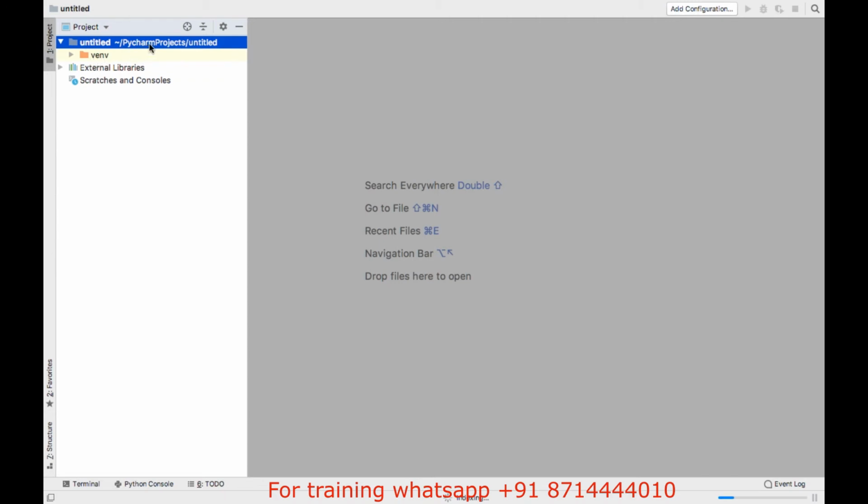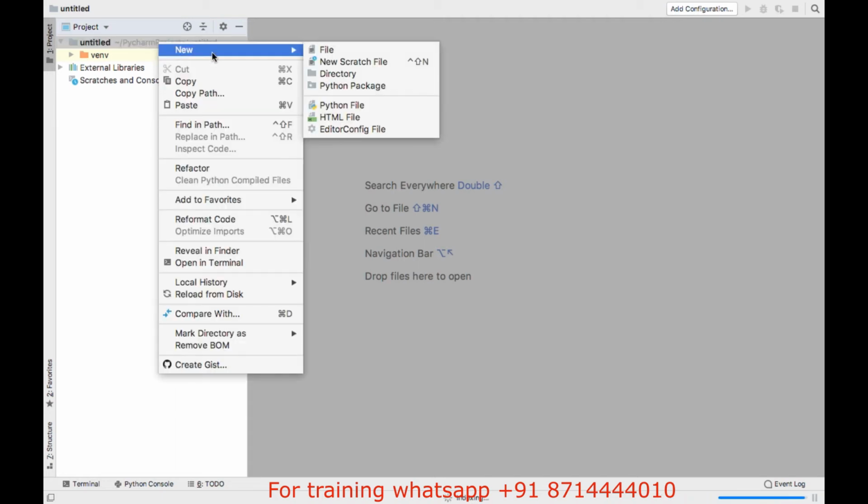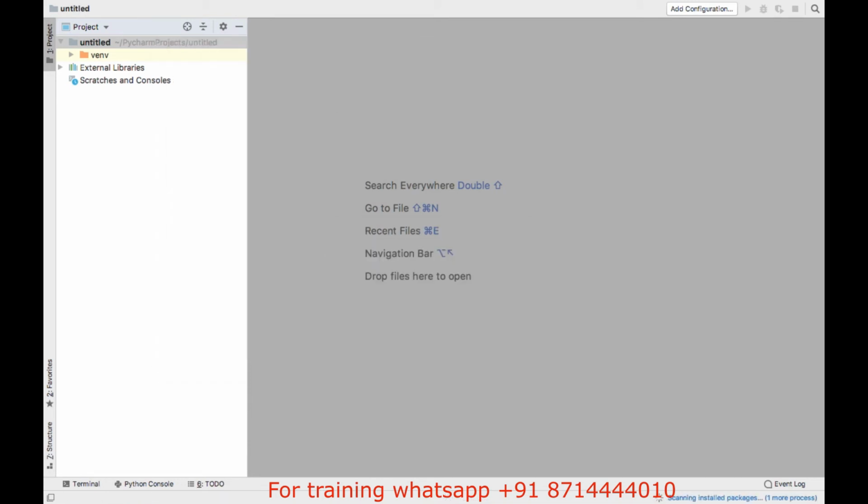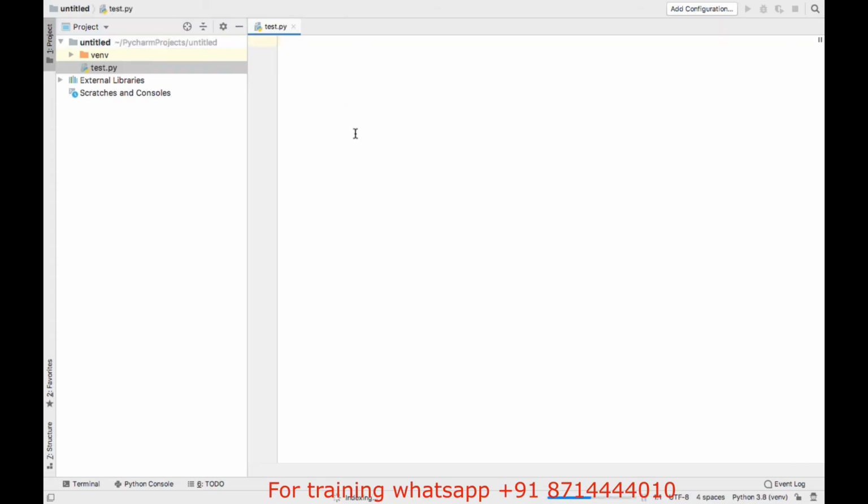If you want to test, we can create a Python script. Right click on this particular folder and create a new Python file. Here we can simply type test. test.py got created.